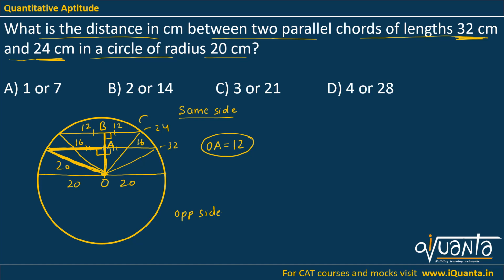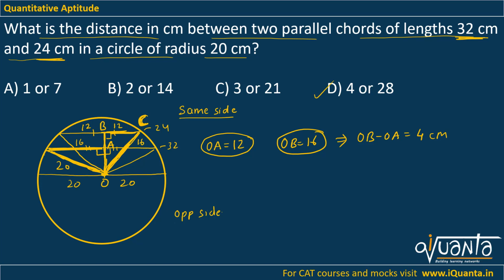So for this triangle, let me call this point C, triangle OBC, okay. For this triangle OBC over here, I have the base, which is 12. I have this OB and the hypotenuse, which is again 20. So OB will be equal to 16, okay, because in OBC we will have base as 12, OB as 16 and OC equal to 20. So I know OB, OA, I'll find out the difference between both. OB minus OA, which will give me 4, okay. 16 minus 12, 4. This will be the distance between two parallel chords when they are on the same side of the diameter. So if you want to go through the options, you can directly mark option D as the answer, okay, because 4 is only present in option D.